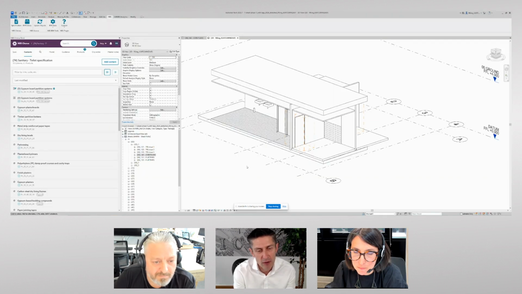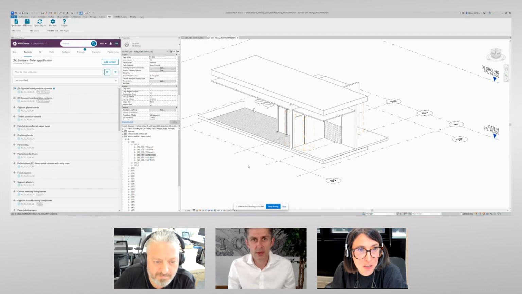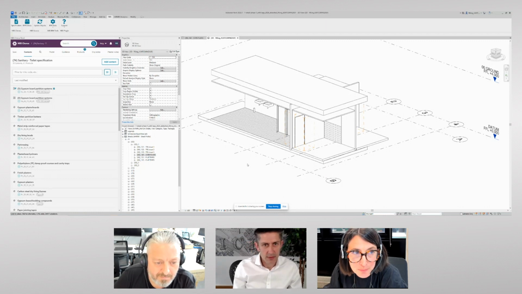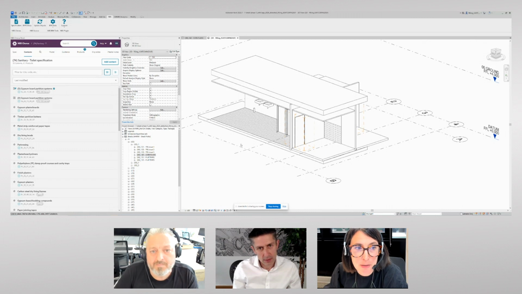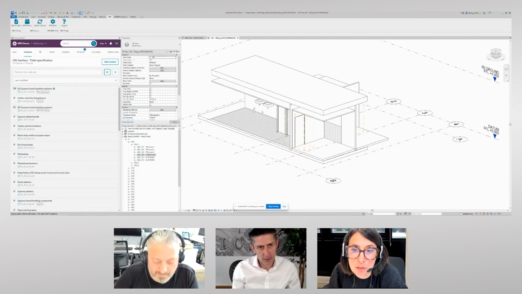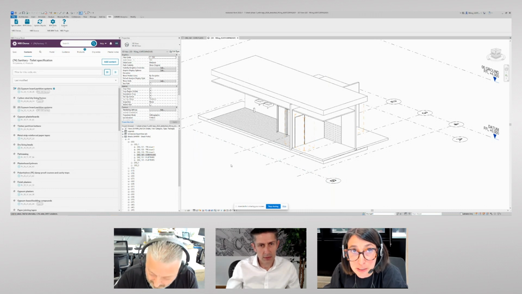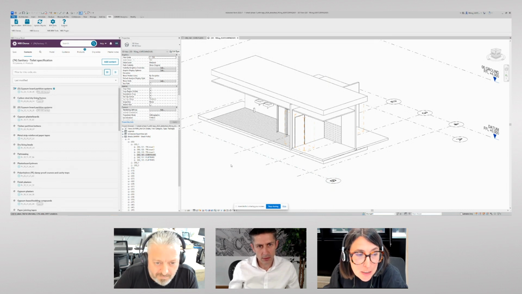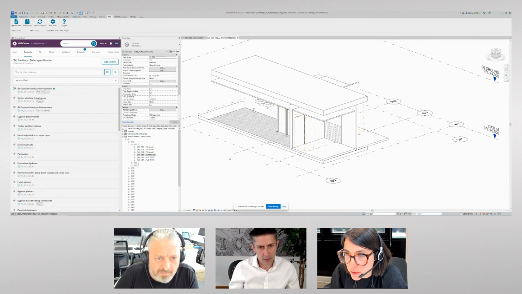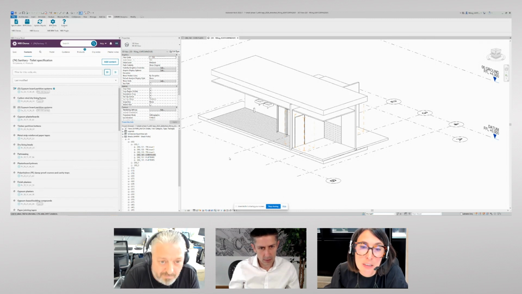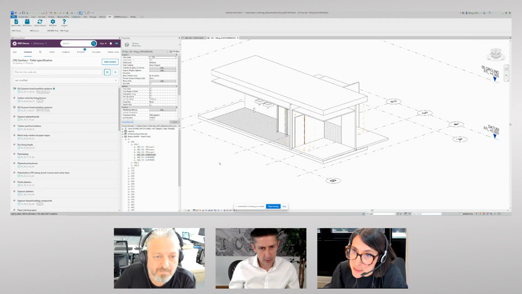Can you show how all the information connects together now, please? Sure thing. We use the NBS plugin to associate system specifications into the model. Various reasons for doing that. One, it might be a deliverable on the project. That specification data must be embedded within the model. And secondly, we use it as a management tool to ensure that there's no conflict between the specification and the drawings. So if I take, for example, this floor tiling system,